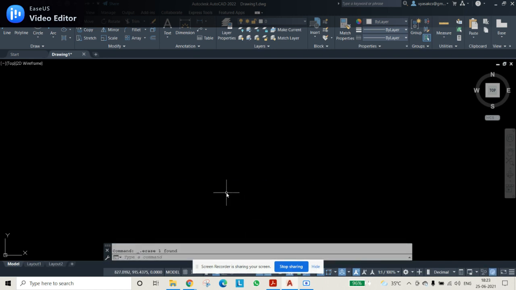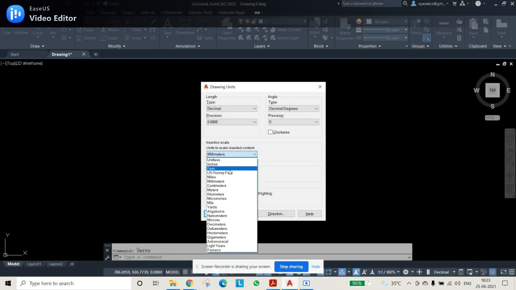If you are using millimeters for other diagrams on the same page, and if you are using meters for separate diagrams, it is wrong. So if you are drawing, everything should be in millimeters, or everything should be in meters, or everything should be in inches. So be careful about this. I'll do one thing in this problem.